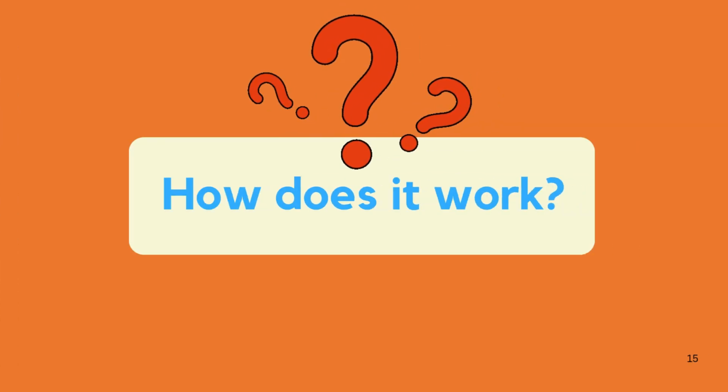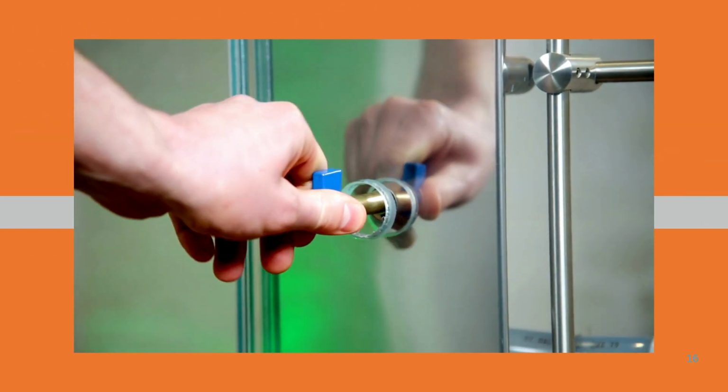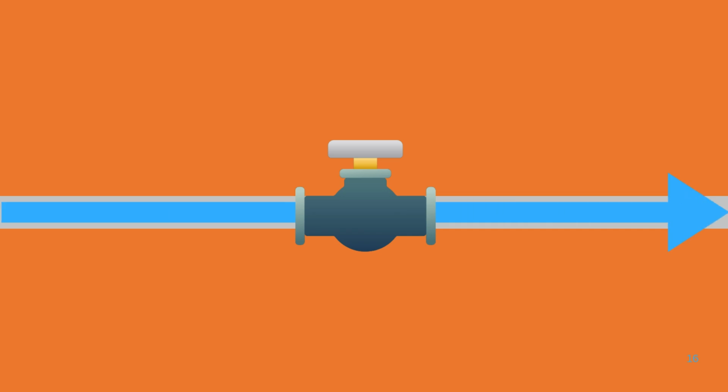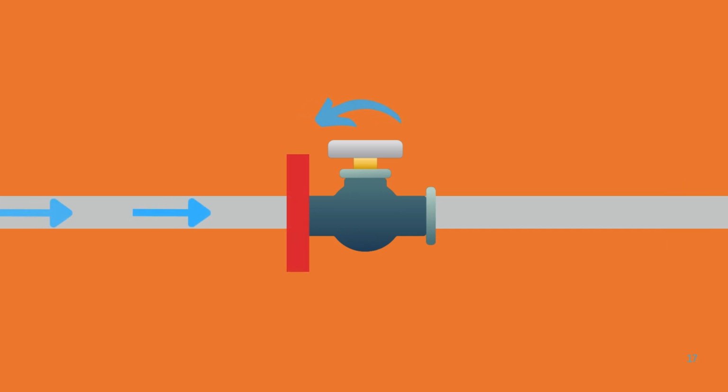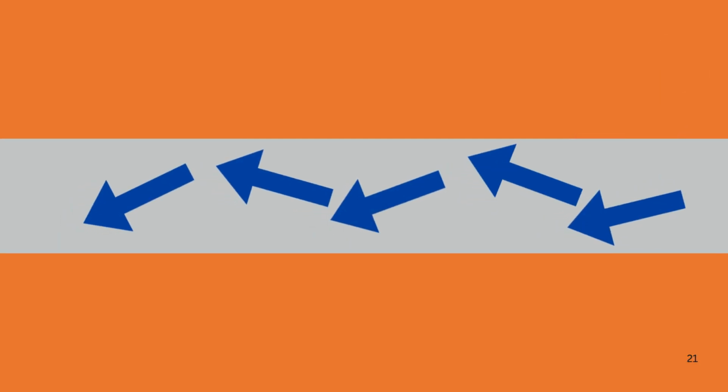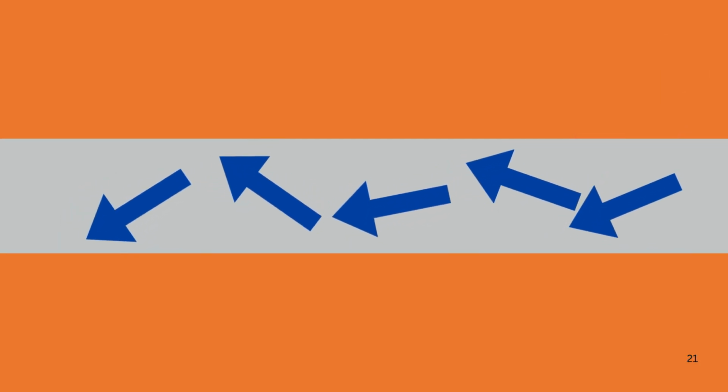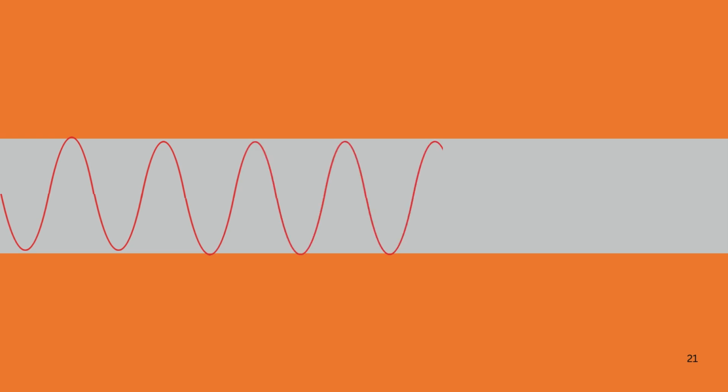So, how does it work? Firstly, when a valve is open, it allows water to pass through freely. If the valve is quickly closed or if there's a sudden change in flow, the moving water is forced to stop or reverse abruptly. When this happens, the momentum of the moving water has nowhere to go, which creates a high pressure wave. The high pressure wave travels through the water and along the walls of the pipe, putting stress